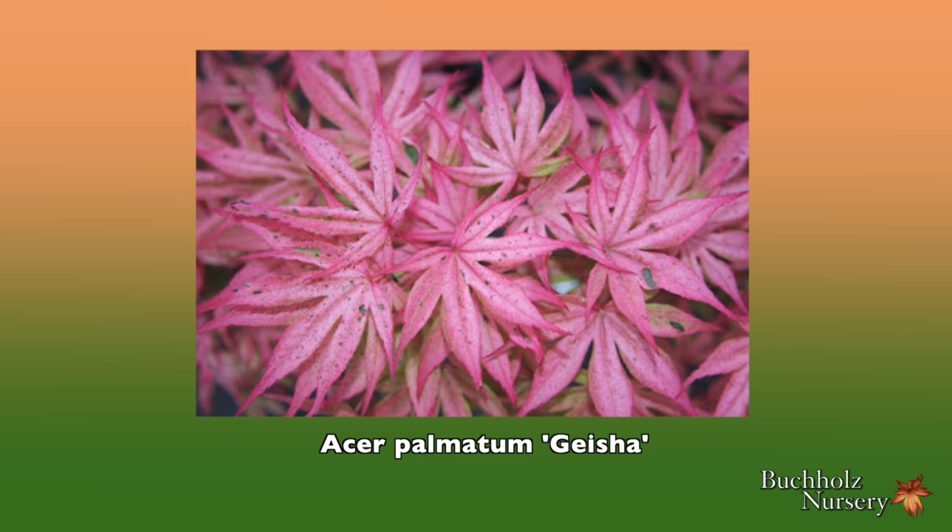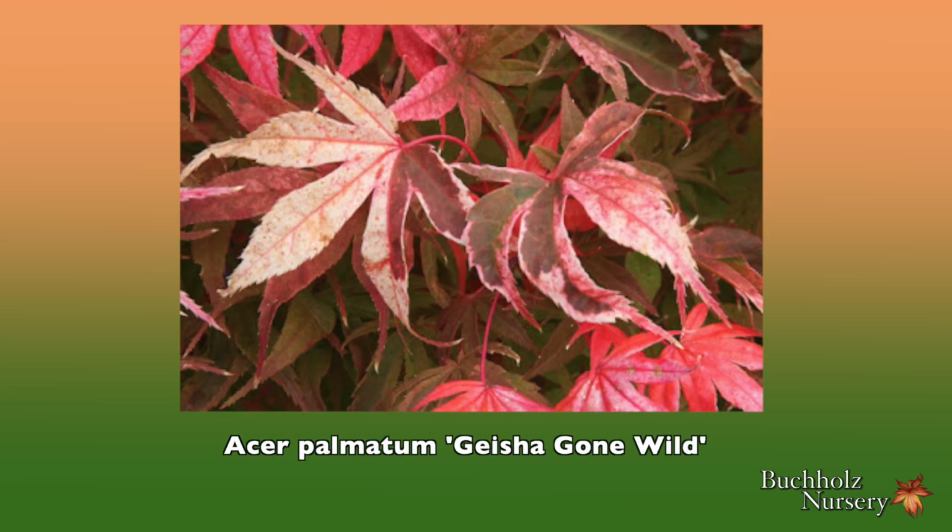At its worst, Gisha could display purely pink or cream-white foliage that would fry in intense sun, or could go the opposite way with broadly palmate leaves that resembled the well-known 'Bloodgood' maple. Even though Acer palmatum 'Gisha' is a problematic cultivar, one of my plants shot out a 3-foot branch sport that was also vibrantly colored, and the name Gisha Gone Wild was coined when first propagated.